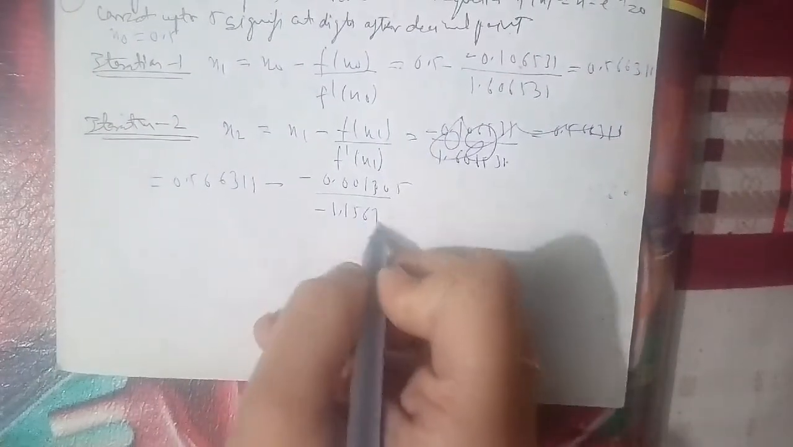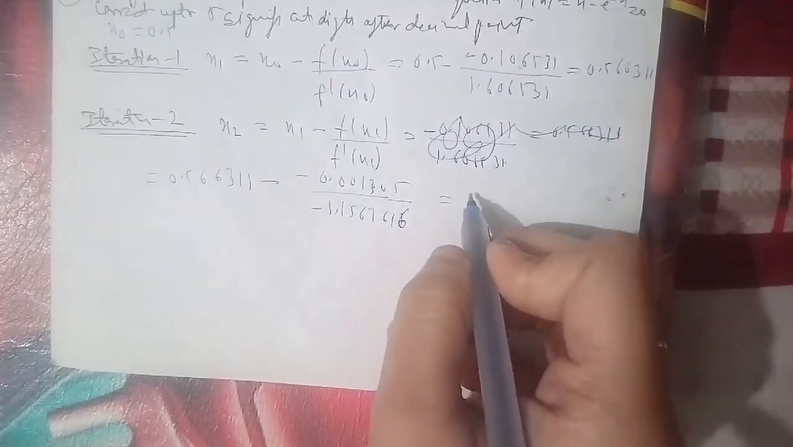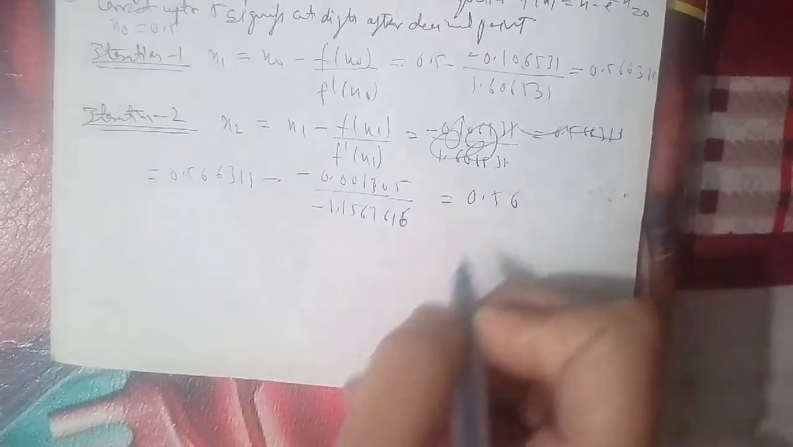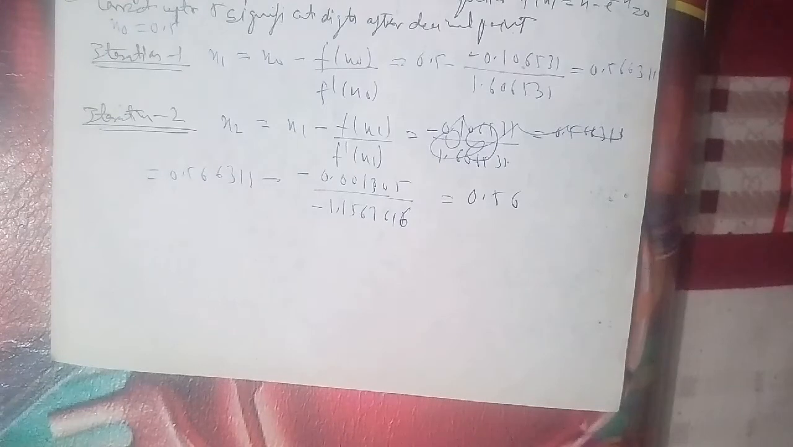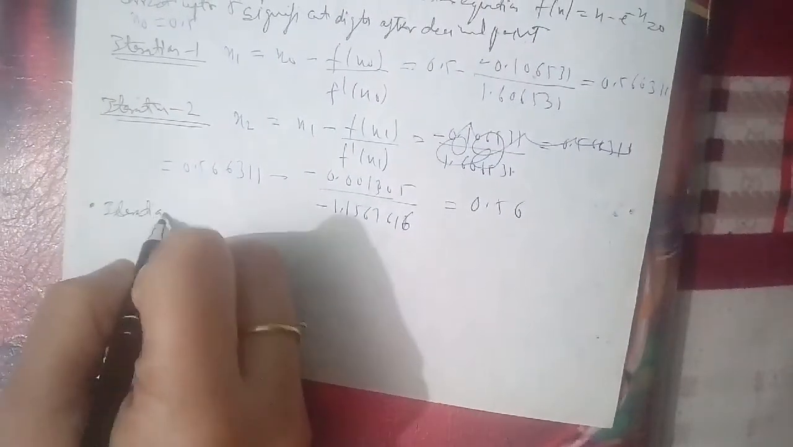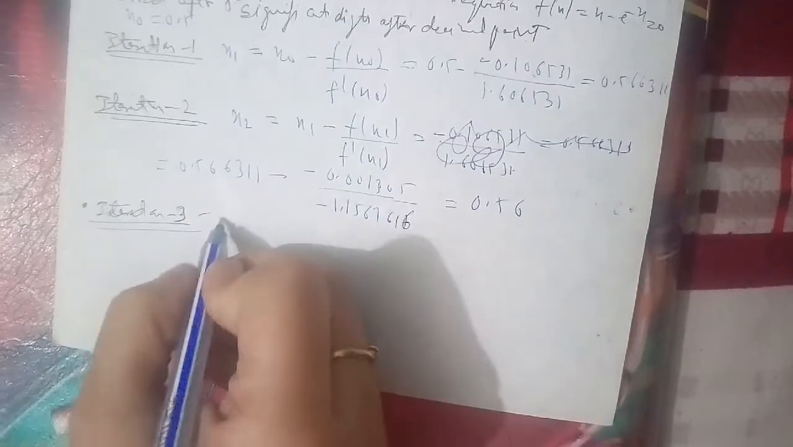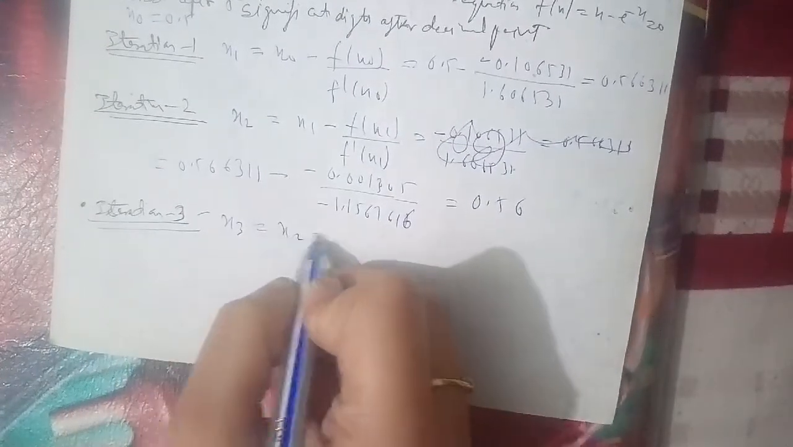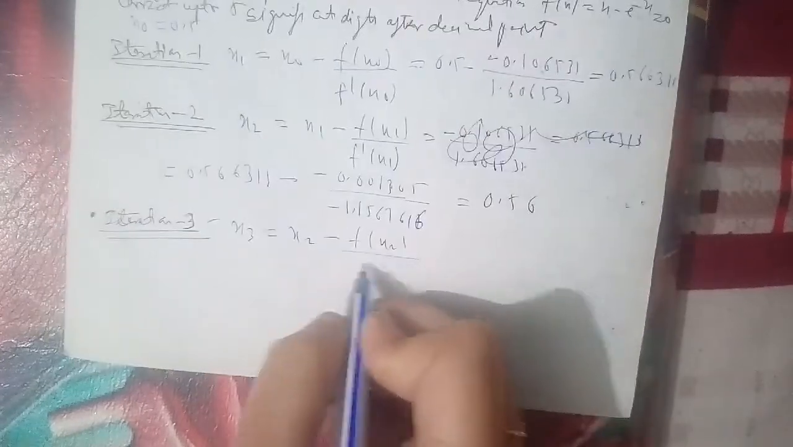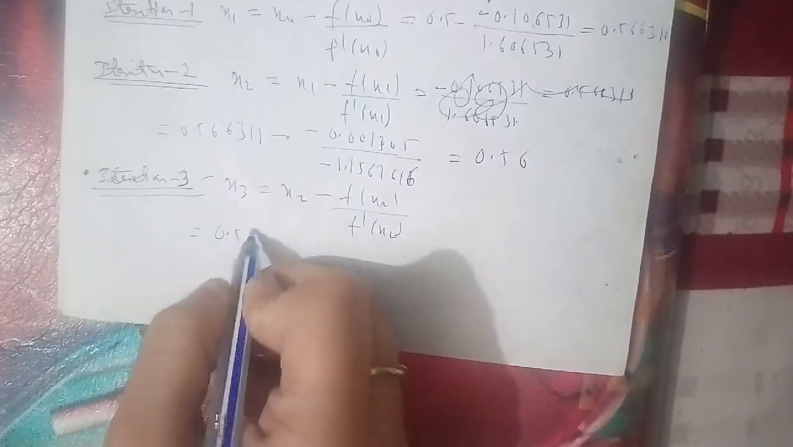Iteration 3. x3 is equal to x2 minus f(x2) upon f dash(x2). Here that is 0.567143 minus 0.0000002686 upon 1.567143, which is equal to 0.567143. So here observe that x2 is equal to